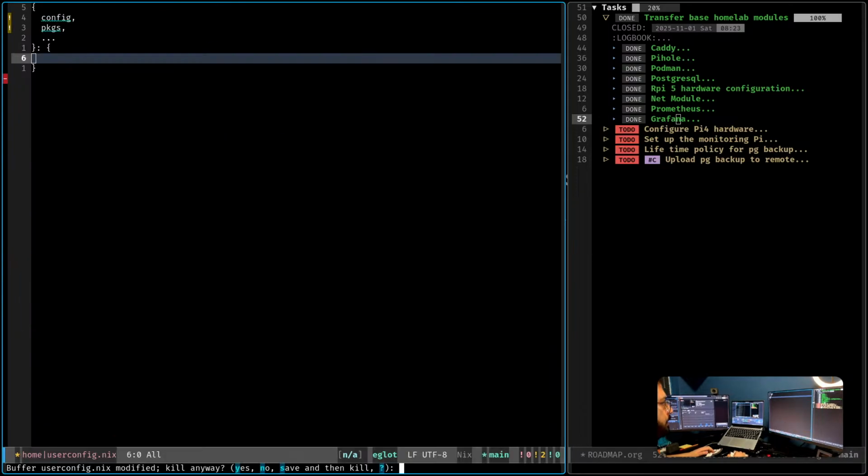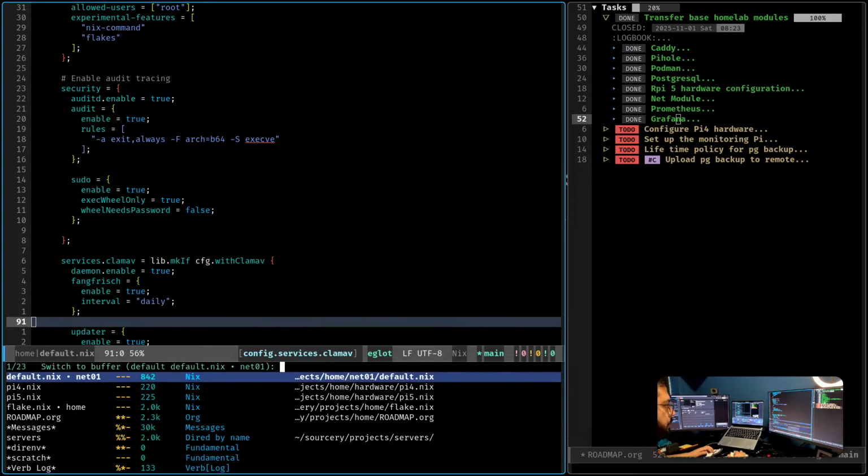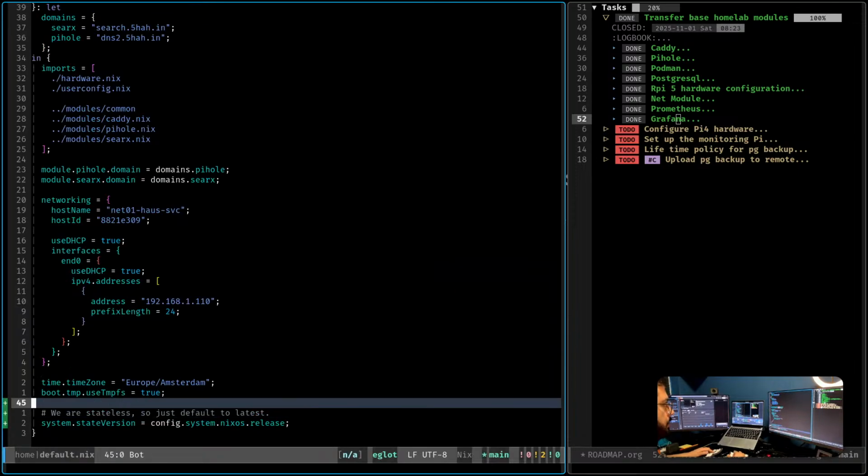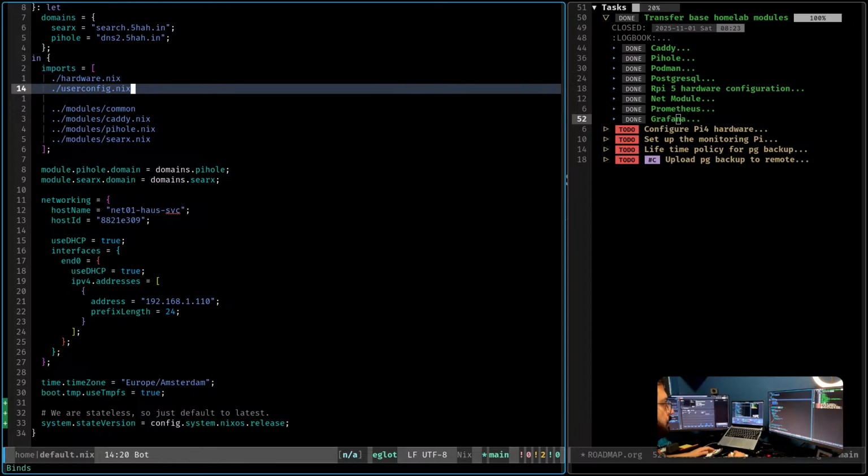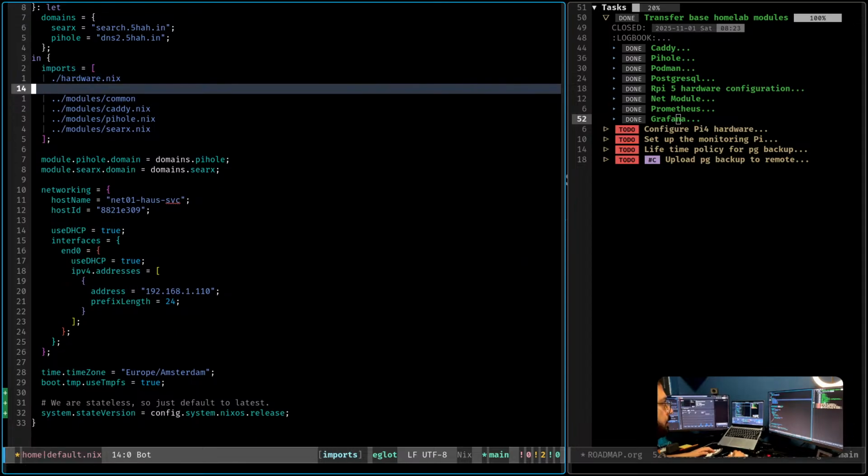With this, I don't need this part. Then user config I can delete.